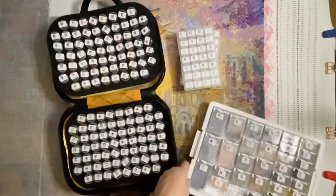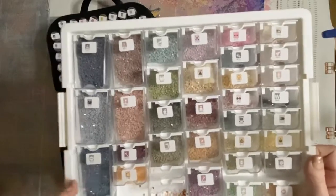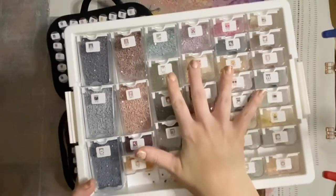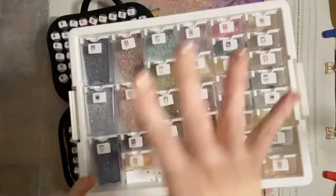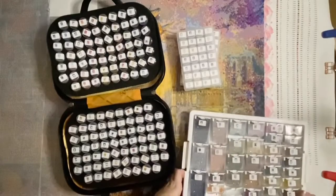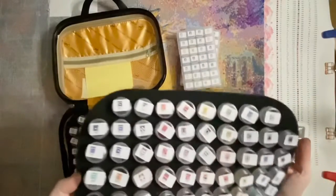So while what I'm about to say doesn't totally apply to what's in here, because this is just exclusively all of the colors that I had enough of that I needed bigger containers, I just kind of got used to what symbols are in here. But if you take a look at how I have the drills organized in here,